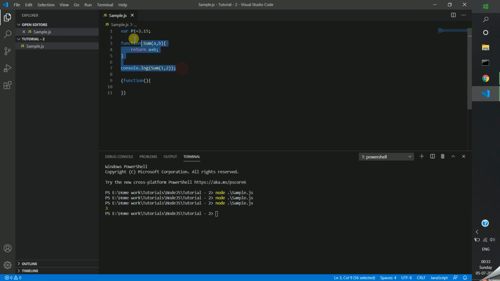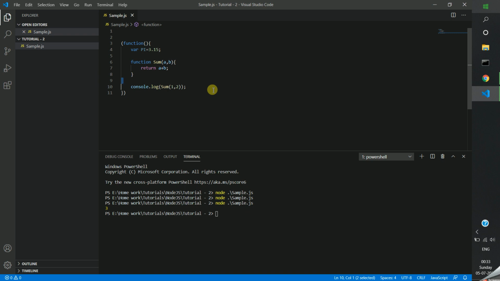So this code is wrapped by the function wrapper. This is what happens at the compile time of Node.js. So each file of Node.js is considered a module.